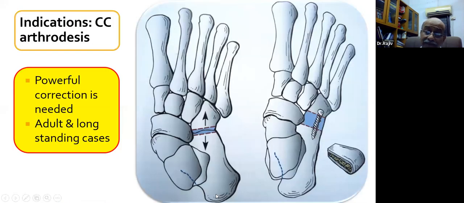When the patient is very obese and you really need a powerful correction, then you don't go through the calcaneus, but you go with the distraction at the calcaneocuboid joint by a wedge graft. So you are fusing a calcaneocuboid joint with a wedge graft and fixing it. Again, this is going to rotate the abducted foot into the normal position.